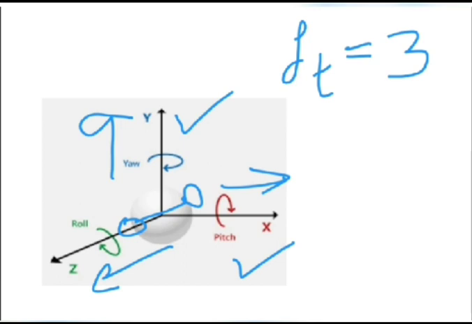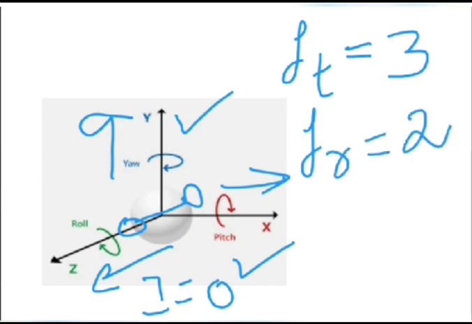The reason being, it is exactly present across that axis, because of which the moment of inertia I will be equal to 0, and definitely the associated energy will be equal to 0. And so how many rotational degrees of freedom are possible in this case? It is 2. So in the case of a diatomic system, the total degrees of freedom possible are F is equal to 3 plus 2, that is equal to 5.